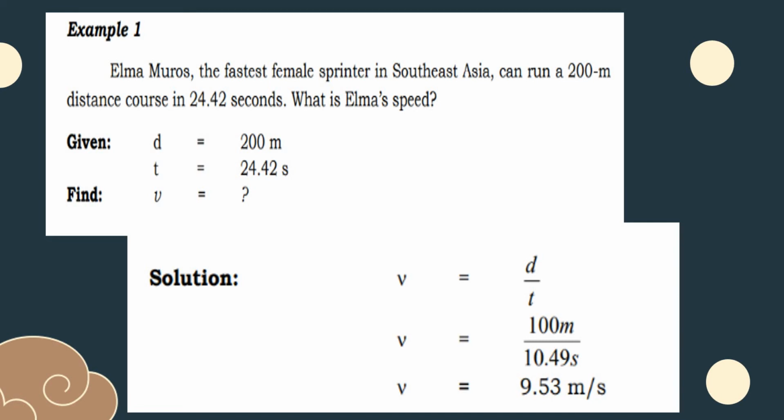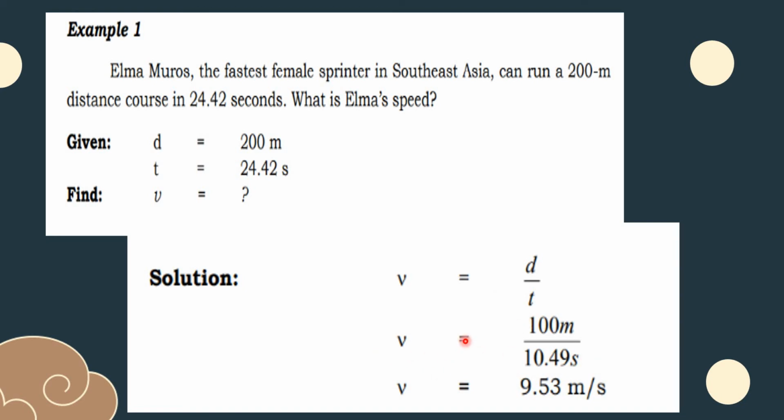The given is the distance, which is 200 meters, and the time, t equals 24.42 s. And you are asked to find Elma's speed, given by the symbol v. Using the formula, v is equal to d over t, and by substitution we have